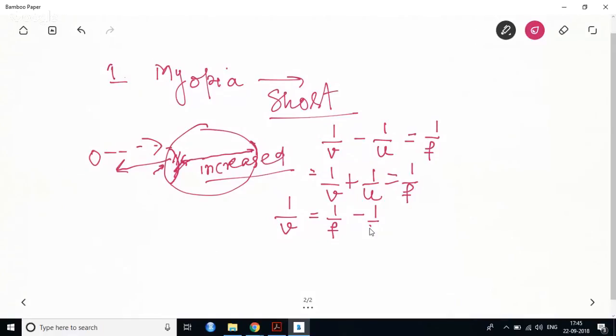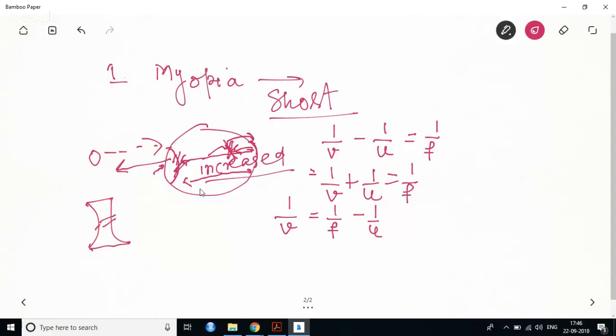Now what do I need to do? See, in myopia the distance between the lens and the retina has increased, it means that the image is getting formed before the retina. Now if I use a particular lens, in this case we use a concave lens. Why do we use a concave lens? Try to understand. My objective is that when the image is getting formed before the retina, with the help of this concave lens, I should be able to refocus this image on the retina.